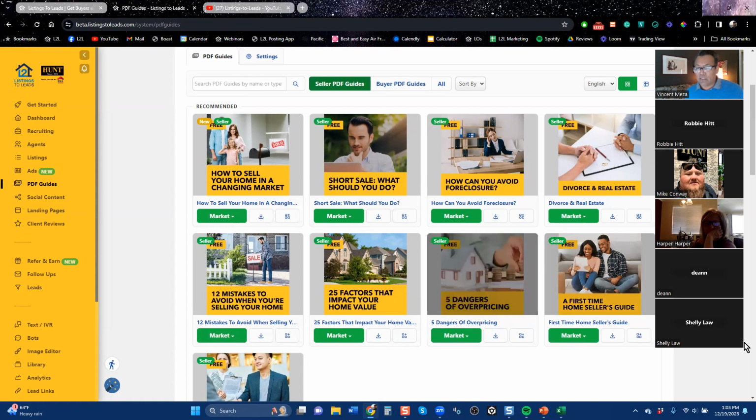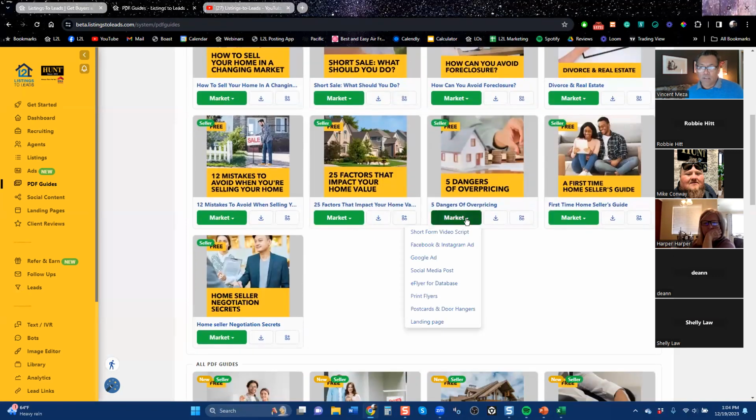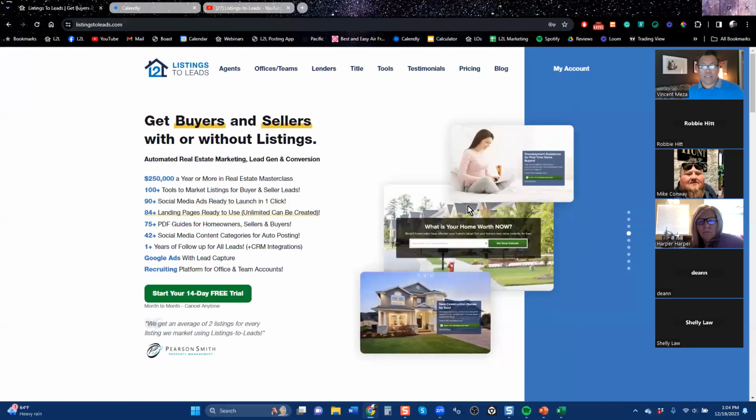And here's one that's 5 dangers of overpricing. If we click the market button, you're going to see that there are short form video scripts. You can run an ad on Facebook and Instagram in 2 clicks. You can run an ad on Google, 2 clicks. There are social media posts, which are free. You're not paying for that. There's an e-flyer for your database, which means you can copy and paste